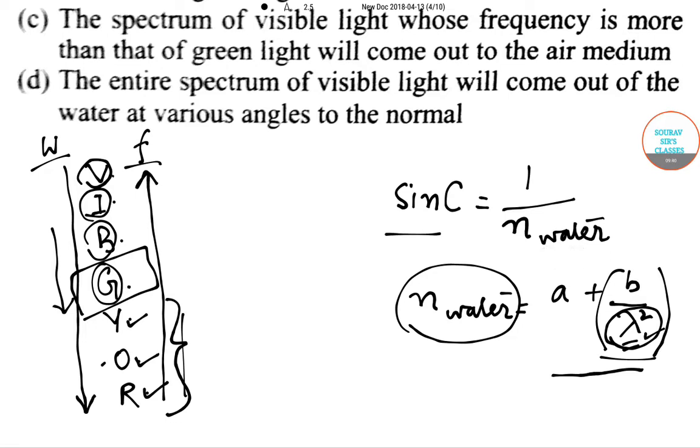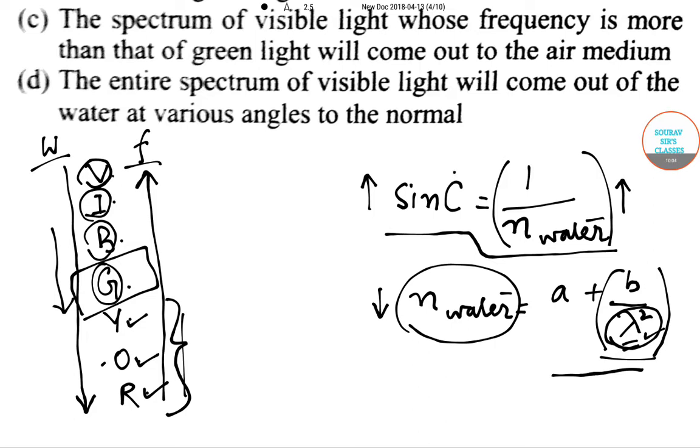But also note here that sin C is equal to 1 by n water. So when n water decreases, 1 by n water increases. That is, sin C increases, which means